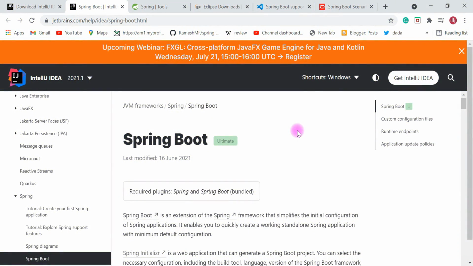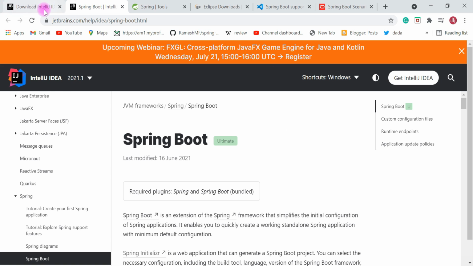Well, let's first talk about IntelliJ IDEA. IntelliJ IDEA, as you already know, is a very popular IDE for building any kind of application. It's not related to only Java, but you can develop Android applications, Kotlin, UI, web applications, and different kinds of applications. IntelliJ IDEA is very popular for its user interface and its support for different languages.